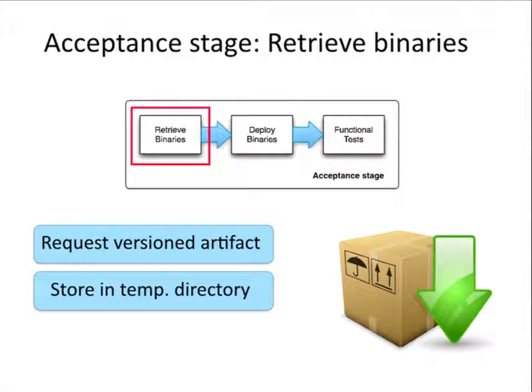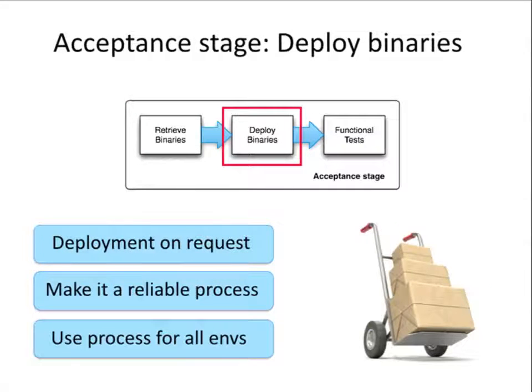And now you get to a point where you actually want to automatically deploy this to an acceptance test environment. You want to run some acceptance tests in an automated fashion. So you, at some point of time, want to actually be able to pull this out of your binary repository, or you still keep it around for a while in your build. That is up to you. So you can use standard dependency management to pull it back out of a binary repository. That's actually fairly simple. You store it in some temporary directory,